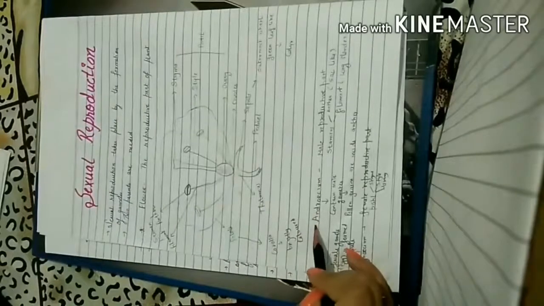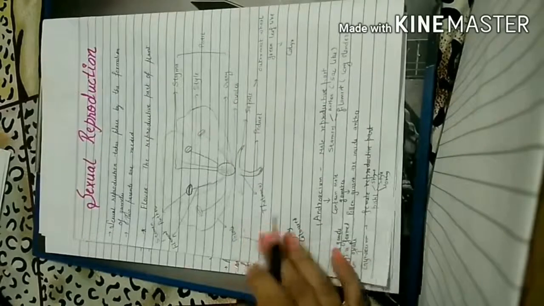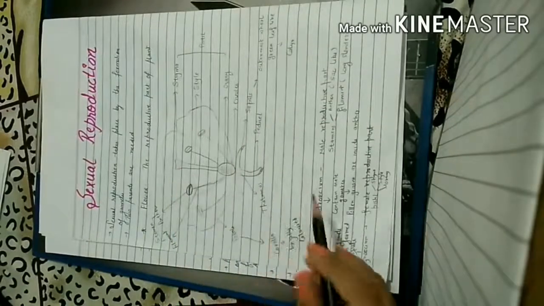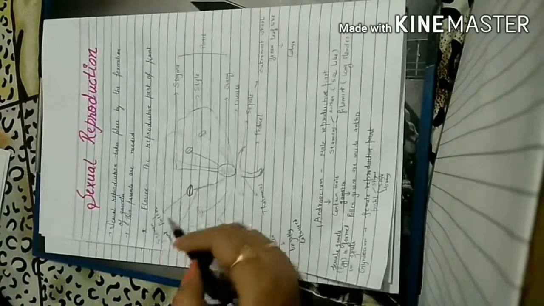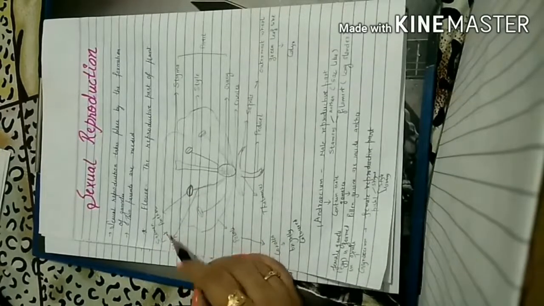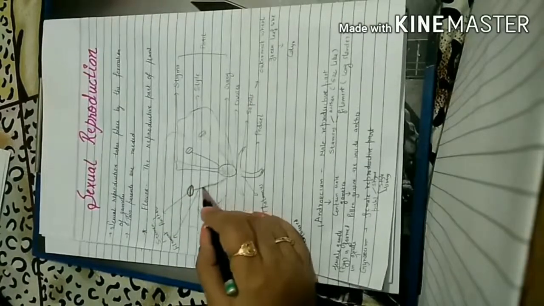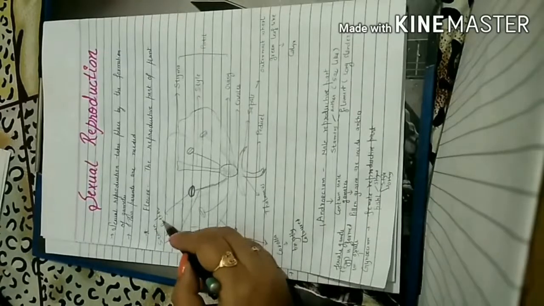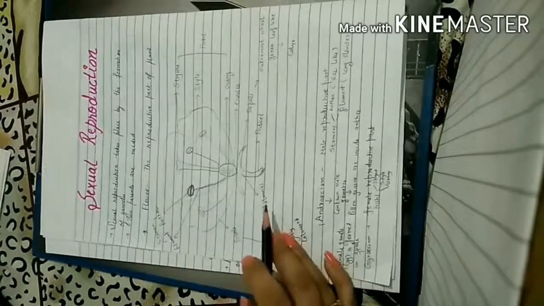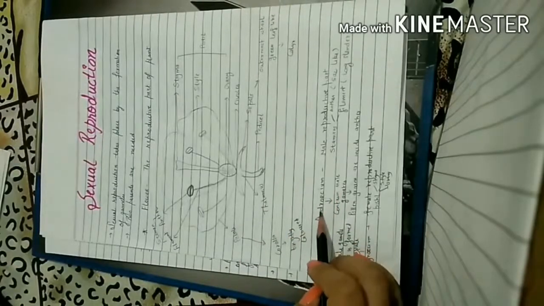So first one is androecium. What is androecium? It is the male part of plant. So in flower, which is the male part? That is the androecium. This is the androecium. Androecium is also known as stamen. It is formed of two things, anther and filament. The upper portion is known as anther and this is known as filament. So androecium is known as the male part of flower and it is formed of two things, that is filament and anther. Then it is containing the male gametes. So male gametes are formed in the androecium.